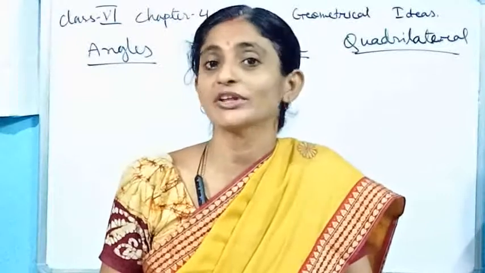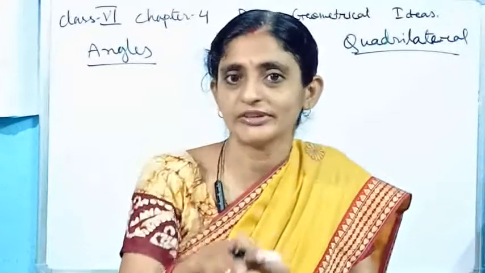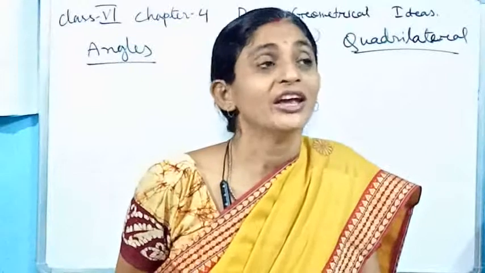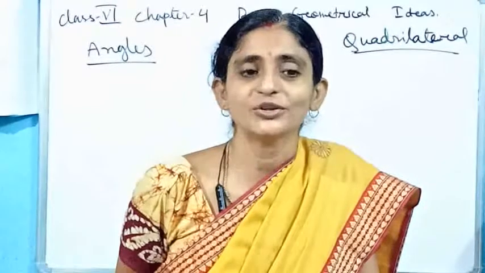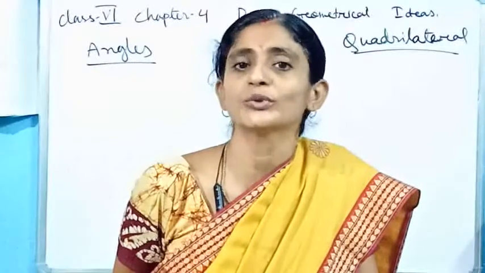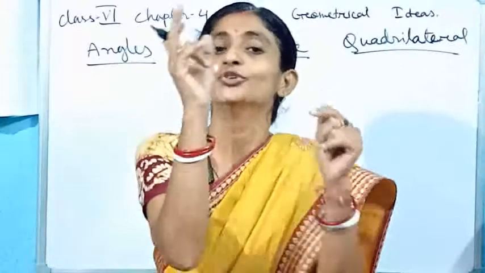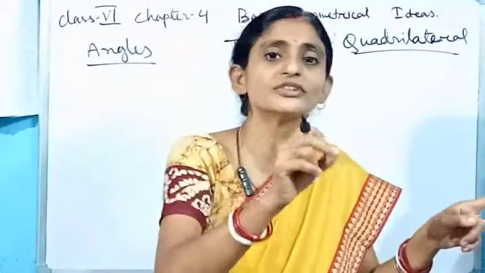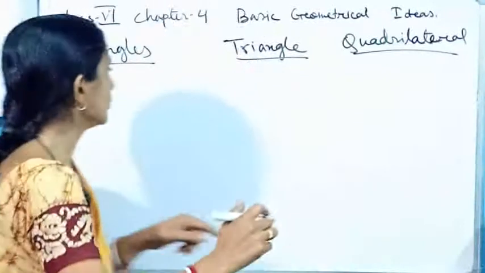Here we will discuss angles, as I have given you a little bit of a hint about this in the previous class. What do you mean by angle? As we discussed about rays in the first class, you can remember. If two rays are originating from one point, coming out from one point, they will definitely extend in different directions. That situation, when we get two rays in two different directions originating from a common point, will be called an angle. How can it look?